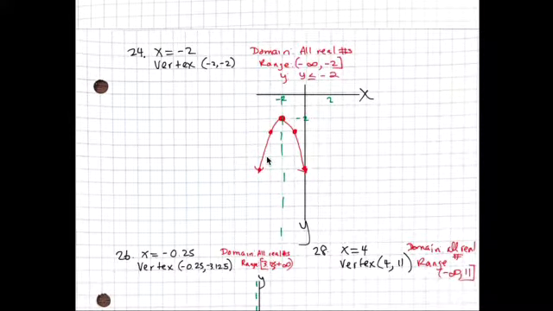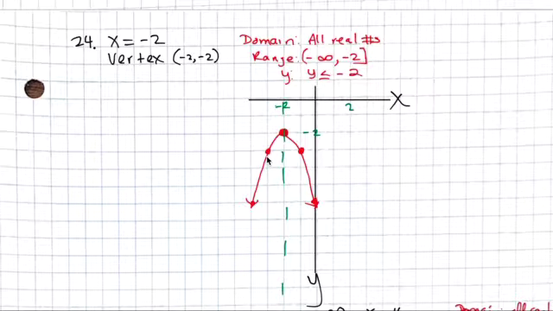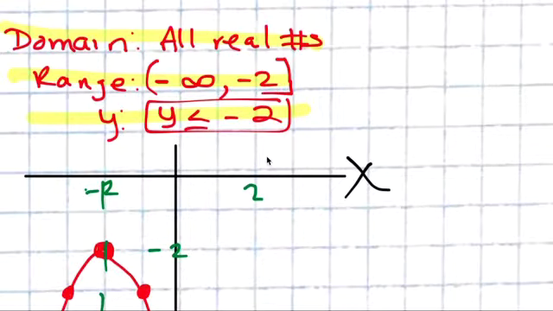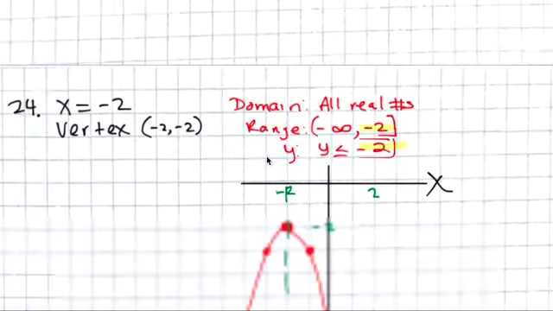So again, number 24, domain and range, you need to know, most of you hopefully know how to do that. The way to write a range when one side is infinity is inequality is doing that. So any number less than or equal to -2 in this case, I mean. Okay, so on number 24,